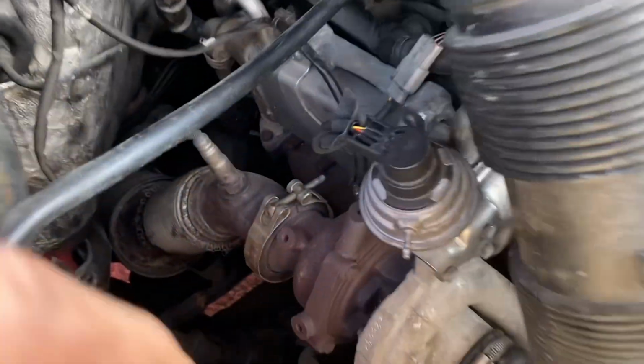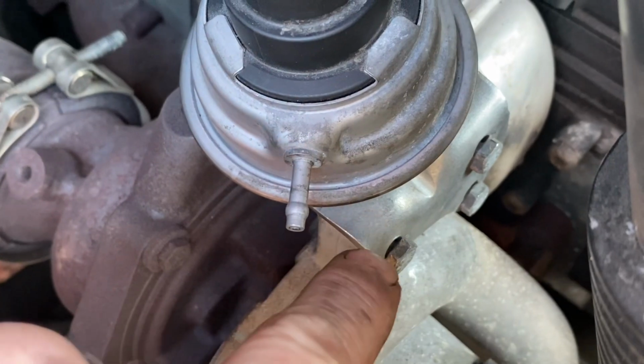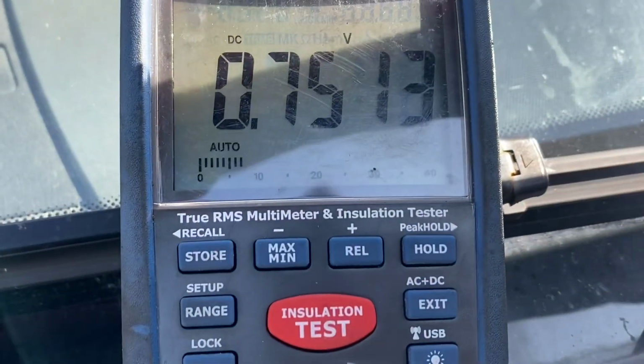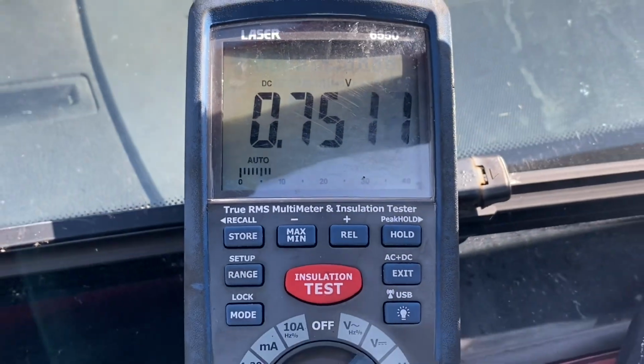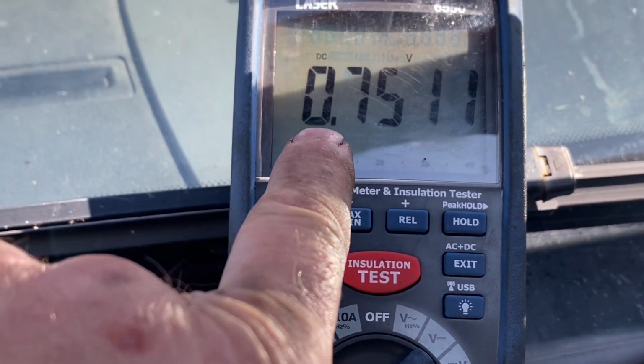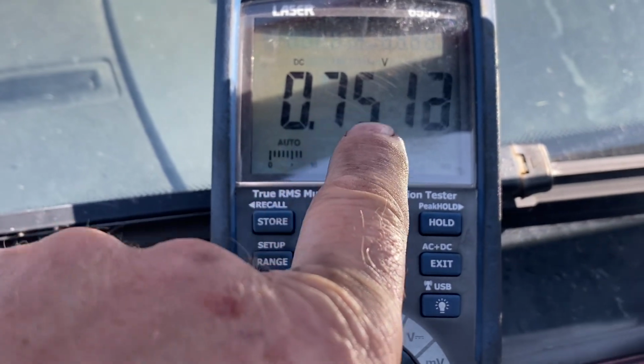Okay, to adjust this turbo, it's only these 3 bolts that you have to slide the actual actuator up or down. At this point in time, I have it at 0.75 of a volt. Drop my spanner. And it says tolerance 0.05 of a volt, so that's going to be 0.8 or